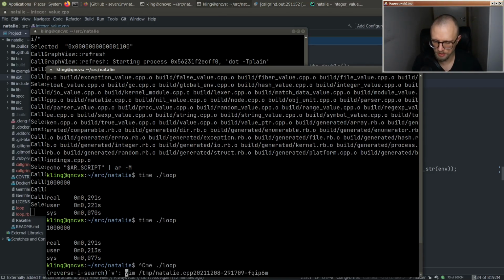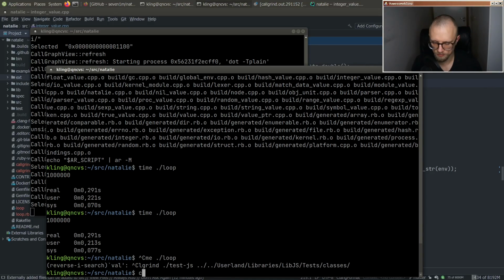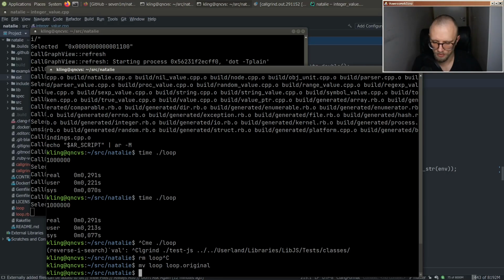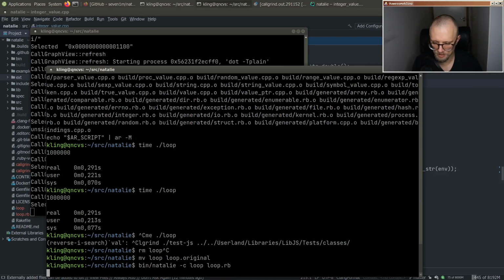Still about the same. Okay, let's see. Wait. I have to actually build a new. So let's call that loop original. And I have to actually build a new one. It's a little bit of an unusual workflow. So,